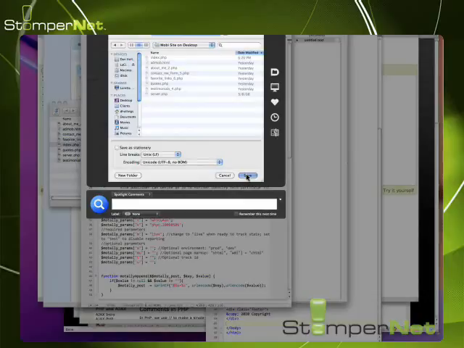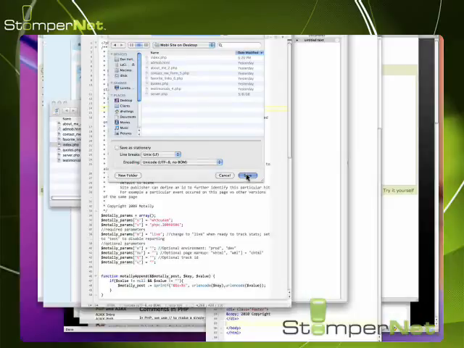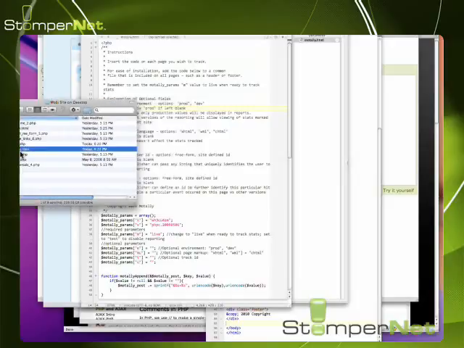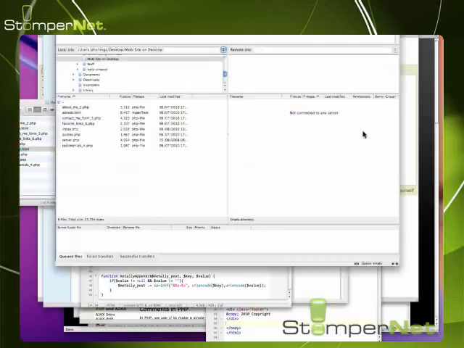I am now in FileZilla. On my desktop, I can see that my mobile site is right here, and it's open, and here are all my files. Okay? They're all right here. Now, if I want to go to a remote site, they call it a remote site, but that's my server or where I host my stuff, then I've got to tell it where to go. So I'm going to tell it that I want it to go to